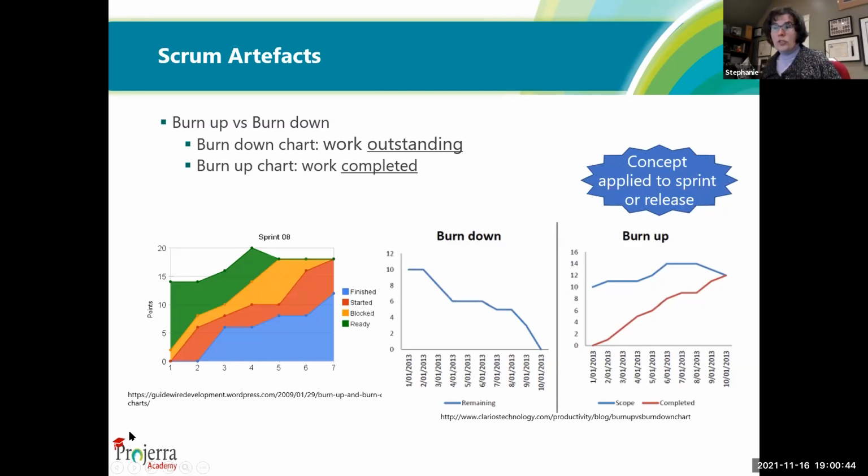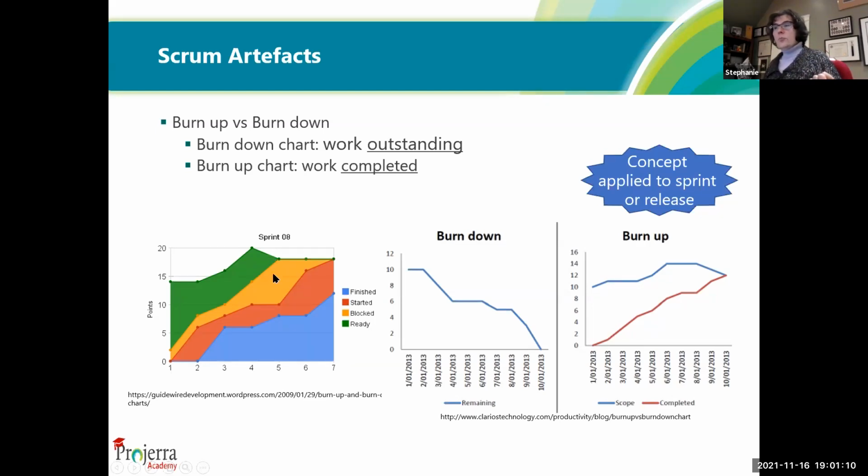Here's a third approach where we're looking at the work that is ready to start, which is green, and then a little bit that's blocked, but we'll figure it out. And then the work that has started is in red, and the work that's finished is in blue. And as you progress over the course of a week, everything that is ready has been consumed into the sprint.